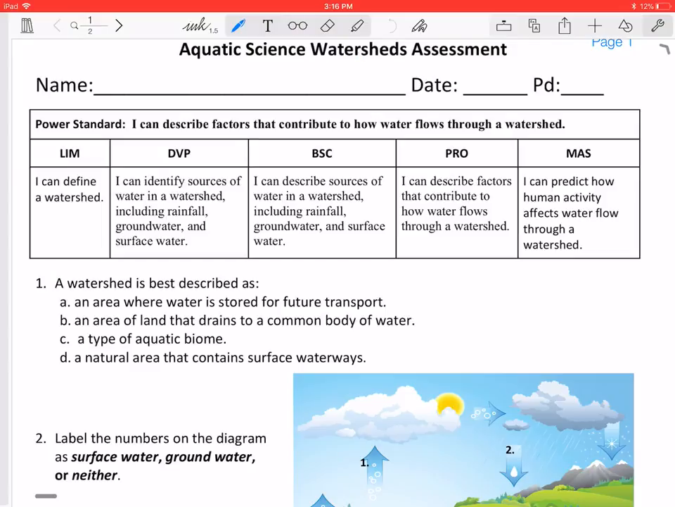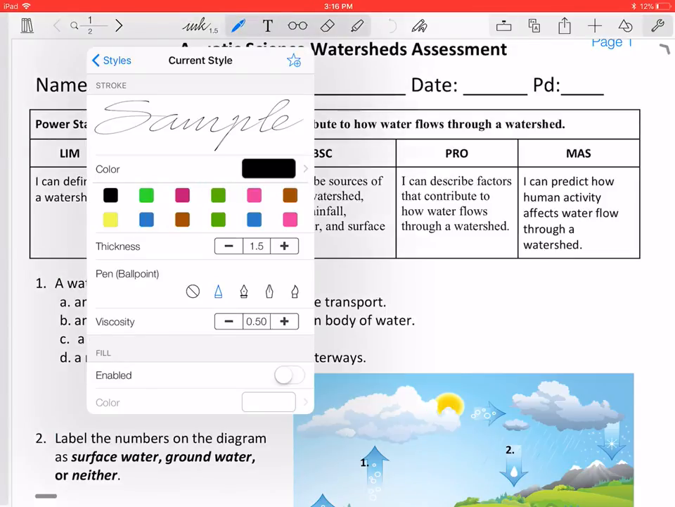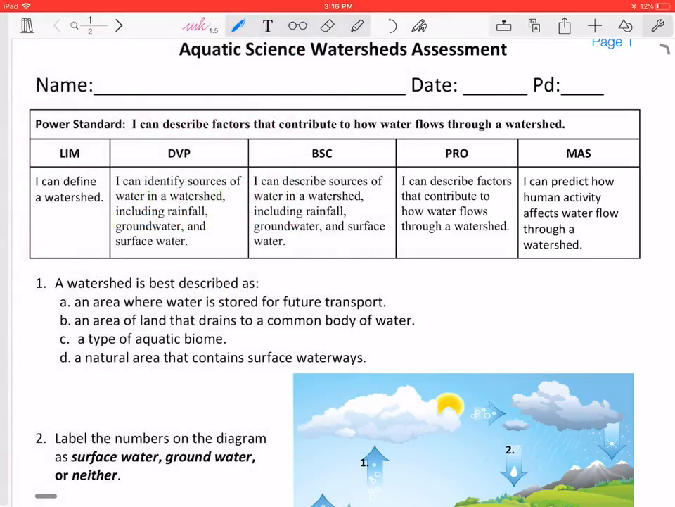So first question here, a watershed is best described as, and the correct answer for this one, guys, was B, an area of land that drains into a common body of water. I think the most common incorrect answers I saw were A and D. But the correct answer is any area of land that drains into a common body of water. All right, let's look at